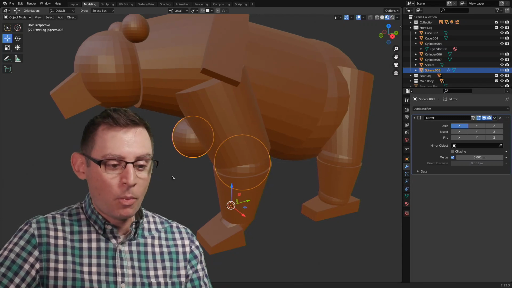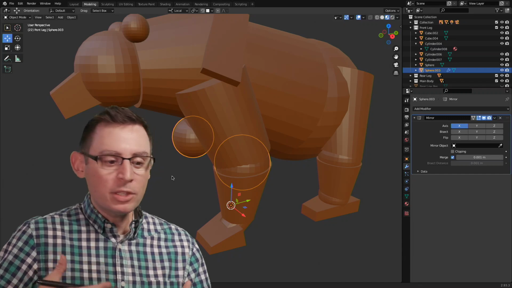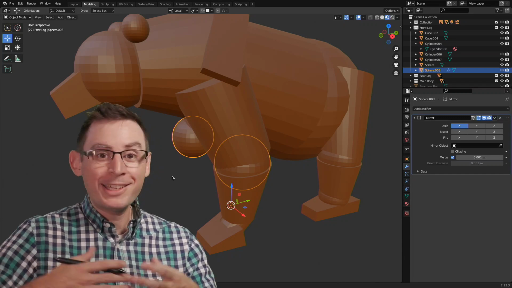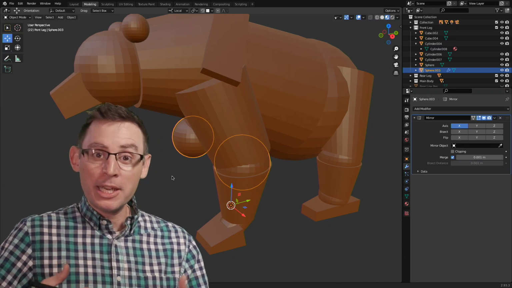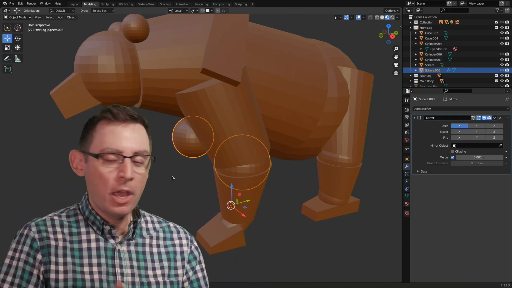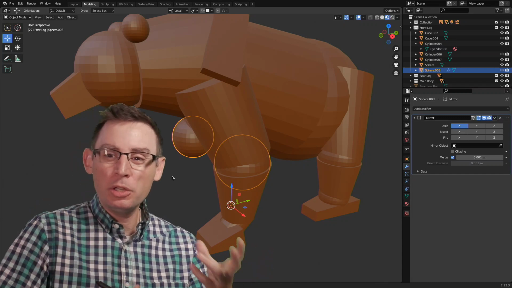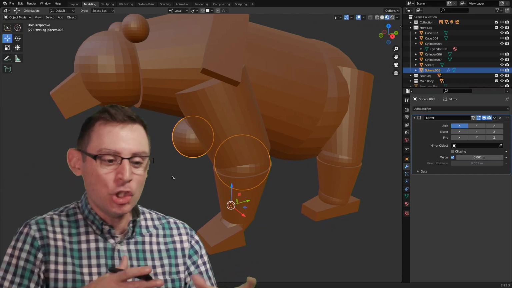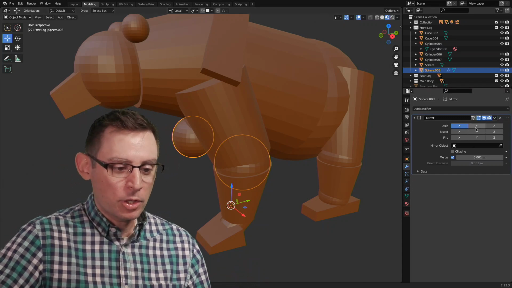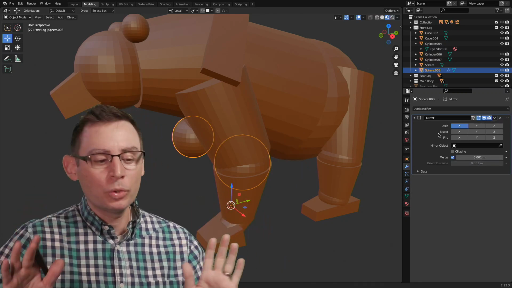The great thing about working with these modifiers is that they are live tools. We can still go in and make changes to their properties at any time, which is pretty neat. Previously, when we were doing the object level mirroring, once we completed the operation, all of those tool properties were gone, so we can't go back in time and adjust some parameters. So we can adjust the axis that we're mirroring these on. We can even do multiple axes at the same time. It's just really kind of cool.